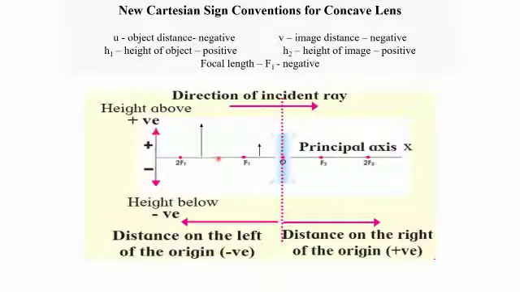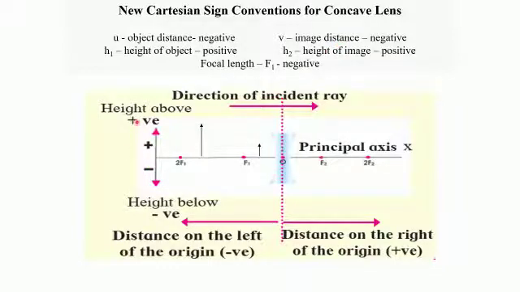So if I have to measure the object distance, I will measure from the origin here and I will reach till this point. All the numbers on this side are negative, and hence object distance for concave lens is negative. Now I will measure the image distance. From origin I will reach at this point. Here I have the image. Again I am going towards the left side. So all numbers are negative, and so the image distance is also negative for a concave lens.